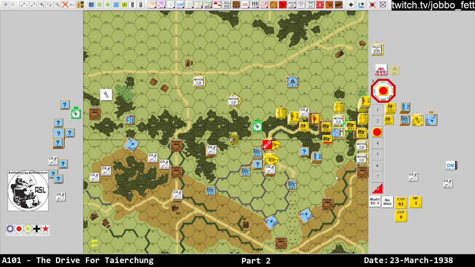Right. Makes sense. So the leader obviously doesn't have 8 movement factors because he just can't. But everybody is going to move in one impulse. I believe I'm going to do it like this. Then the